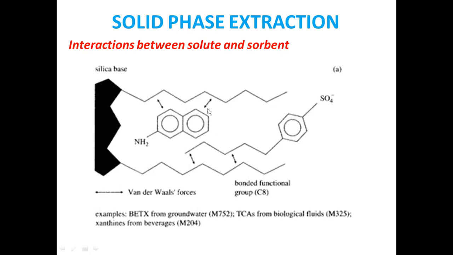So between the naphthalene and the hydrophobic chain, there is interaction. And here the hydrophobic chain, and here also one hydrophobic chain, the interaction is possible. The interaction between these two hydrophobic chains will be stronger when compared to this, because the dipolar interaction between the naphthalene ring and the hydrophobic chain will be weaker, as this is van der Waals interaction. So when you introduce these two compounds, this compound will be separated from that compound. First this compound will come out, then at last this compound, like this.